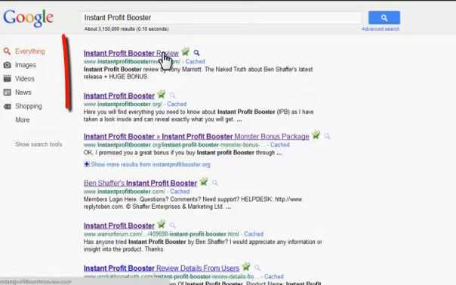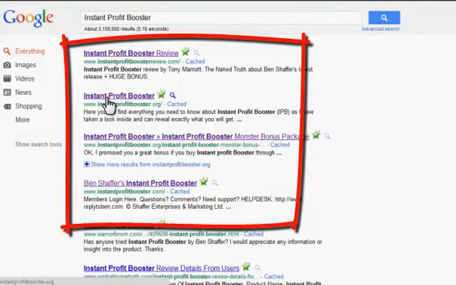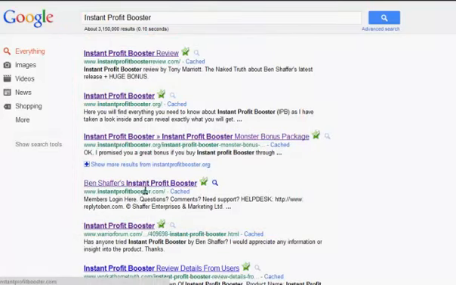So we now look at those results. We'll see that Instant Profit Booster Review for the keyword Instant Profit Booster, my site is at #1. I also have instantprofitbooster.org, which is also my site, which is at #2 and at #3. In fact, those are ahead of the main product site, Ben Schaffer's Instant Profit Booster at the .com. So just using the power of the backlink network has given me the top 3 positions